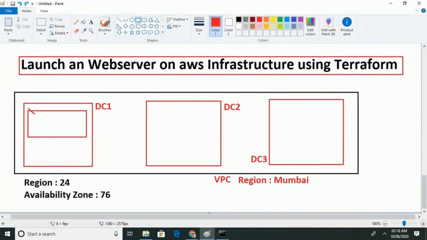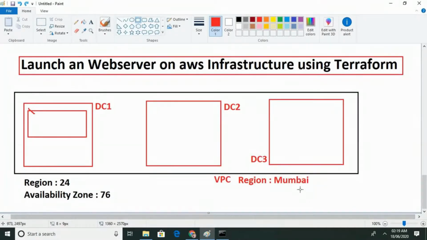So let's talk about the availability zone. Availability zone means that they have created a data center, where our whole complete data is going to be stored. This is our region, meaning a virtual private cloud. This is a black box, and inside this there are 3 availability zones. Here I am saying in Mumbai, India, there are 3 availability zones and 1 region.